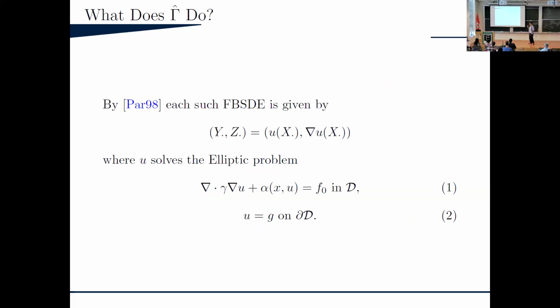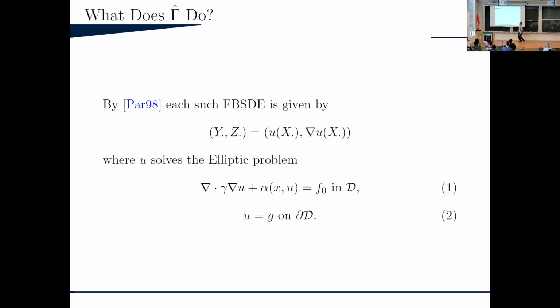The idea is it starts from not thinking about the FBSDE, but rather going to the PDE, right? There's the result by Pardoux in like right before 2000, right before Y2K, that says that for every such FBSDE, like in the previous form, this is why I particularly chose this setup, you can write Y and Z as some function and its gradient evaluated at the forward process, where that function solves this elliptic problem. So what I want to be doing is not approximating the solution operator to the FBSDE, but rather just approximating the solution operator to this elliptic problem.